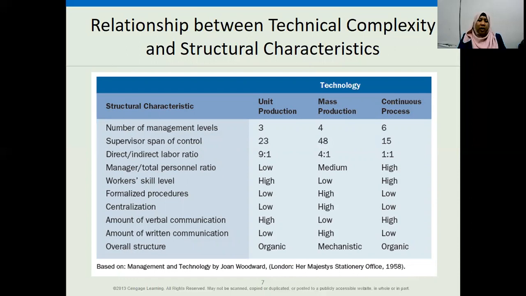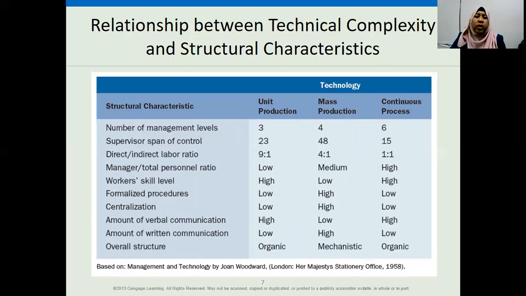So we do have a few of the characteristics. Okay, we have number of management levels, supervisor span of control, direct or indirect ratio, labor ratio, manager or total personnel ratio, worker skill levels, formalized procedure, centralization, amount of verbal communication, amount of written communication, and overall structure. So it's divided into 3 here. We have unit production, which is organic, and then we have mass production, which is mechanistic, and continuous process